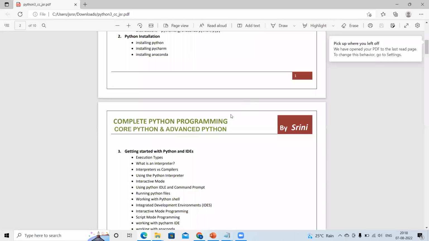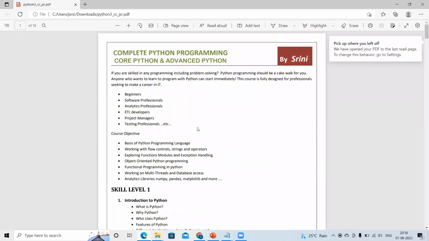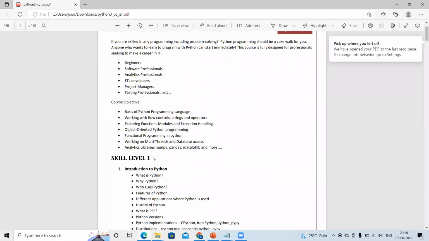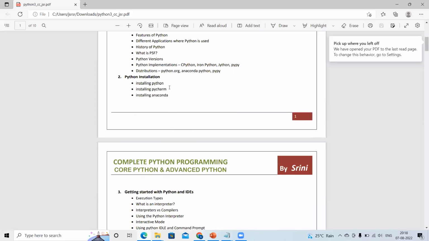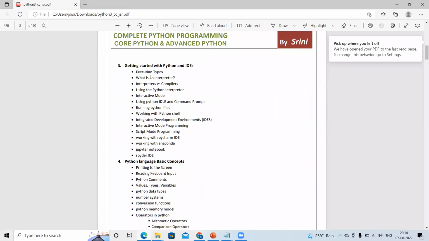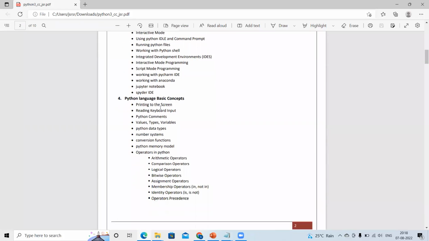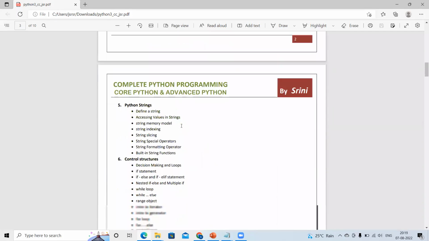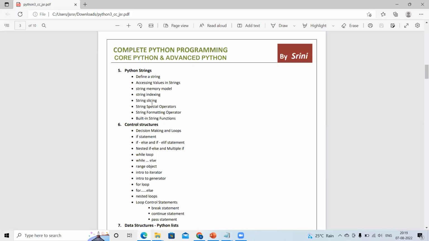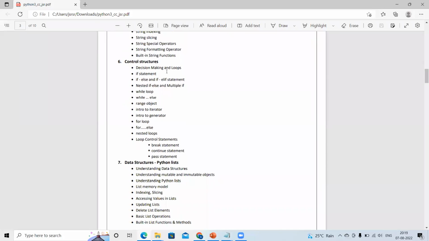My course curriculum is divided into 3 skill levels, guys. Skill level 1, all the basic programming abilities: introduction to Python, Python installation and making the environment, getting started with all the tools, all the environments one by one, working with various tools. Then start working with Python: print command, input command, variables, data types, conversion functions, memory model, operators, all the basic programming. Then strings, working with strings and string operations, program logics and techniques, control